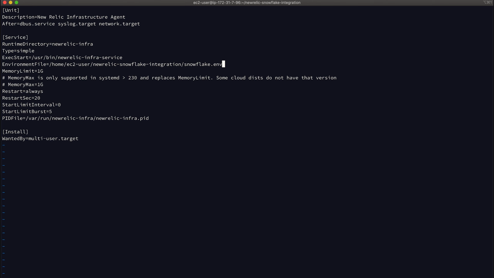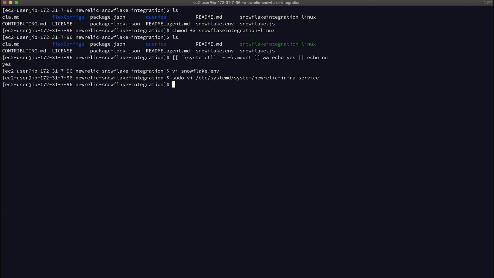Okay, so let's come out and save that file. So we've set our environment variables, we've pointed the systemd service to look at that environment file. Then we're going to do a sudo systemctl daemon reload. That's going to reload systemd. And we're also going to do a sudo systemctl New Relic infra, and we just need to put a restart there.